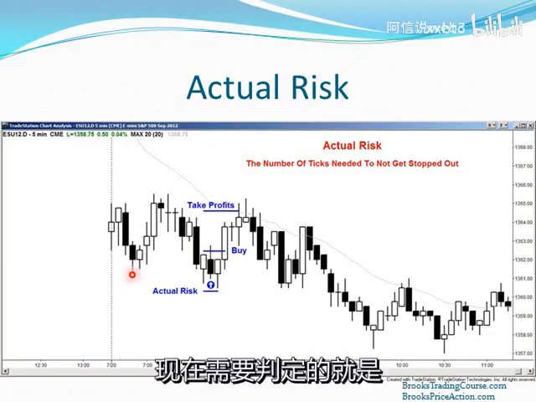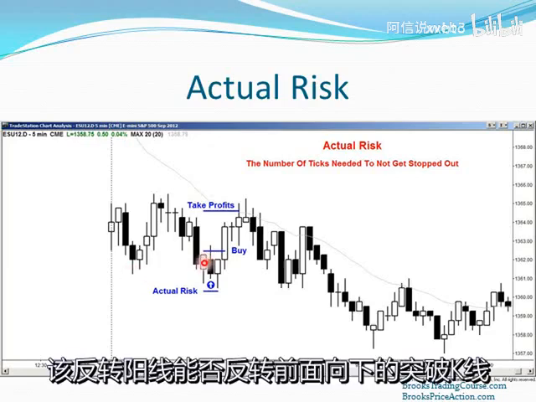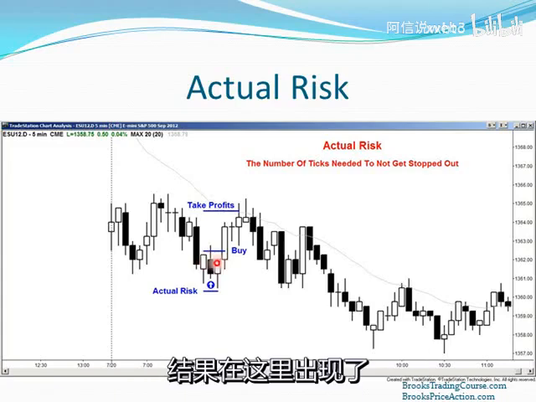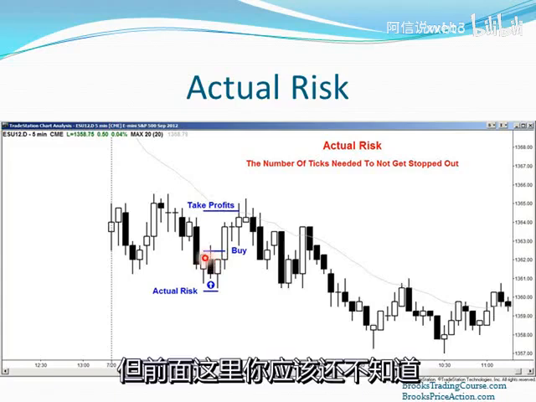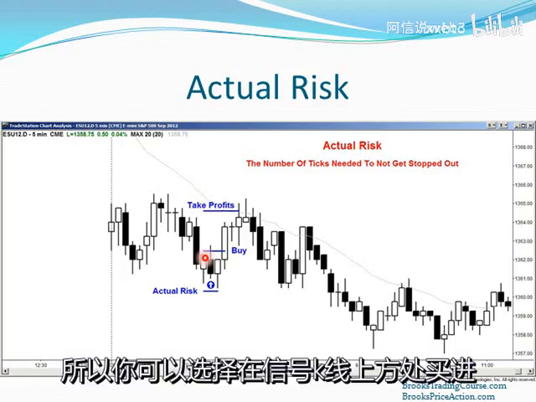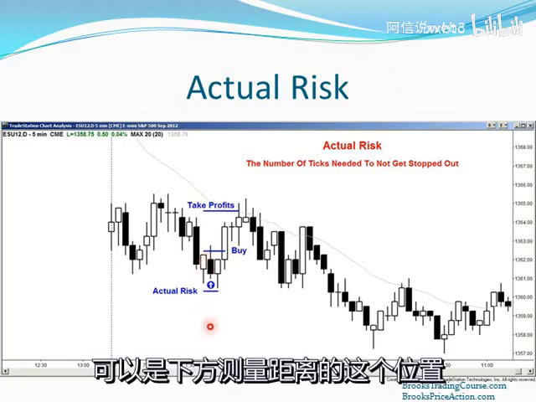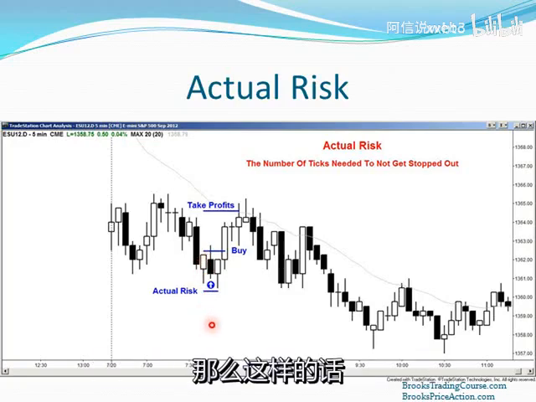The decision is whether or not this bull bar is strong enough to reverse this bear breakout bar. You might decide to wait for a second signal, and in fact you would have gotten one here, but at this moment you would not know that. Alternatively, you could simply buy 1 tick above the high of this signal bar and use a wide stop, maybe a measured move down here. And if you did,